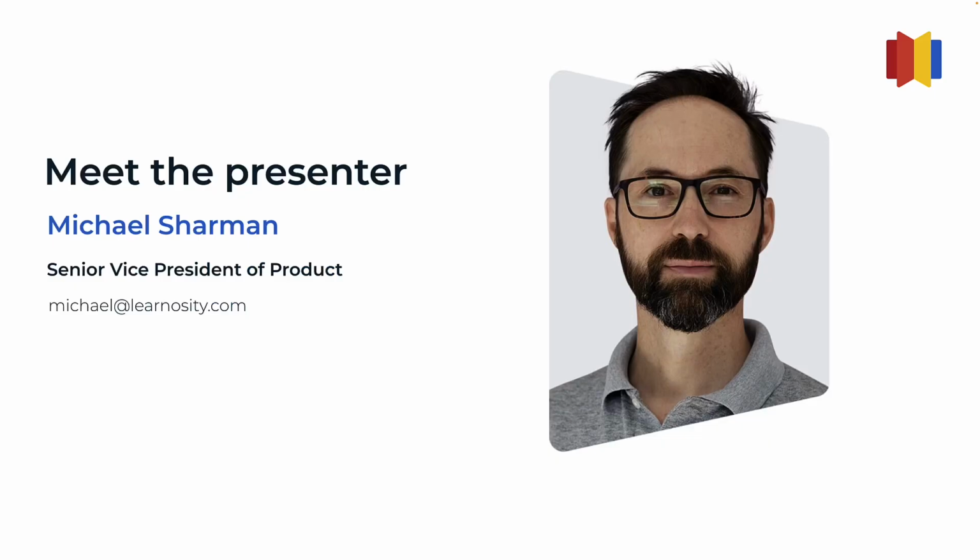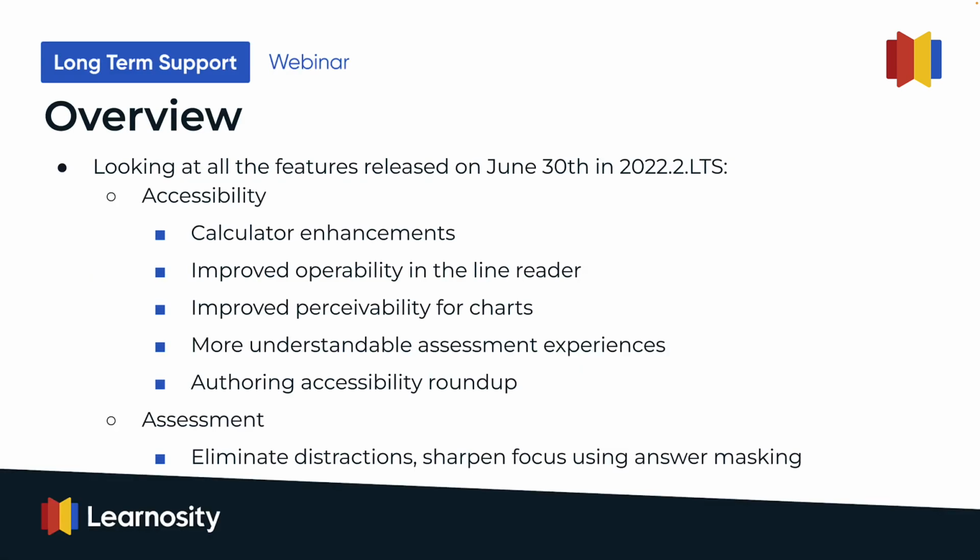For any viewers unfamiliar with our long-term support releases, they are strong, complete and stable versions of our APIs. Three times a year we release these production-ready versions of our APIs, which are then supported for 2 years. My name is Michael Sharman and I'm SVP of Product at Learnosity, and I'm based in our Sydney office. In today's webinar, we'll be looking at all of the enhancements and new capabilities from our latest long-term support release,